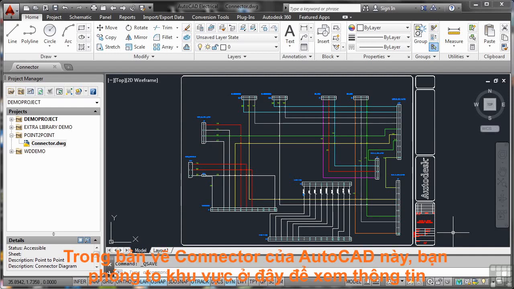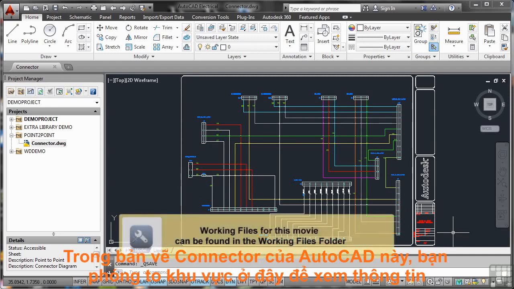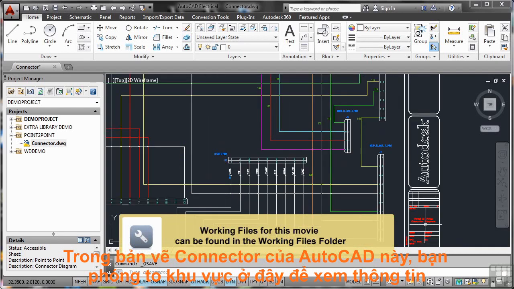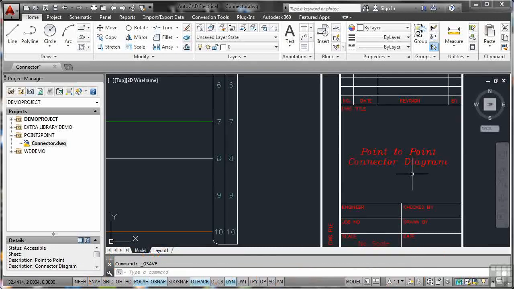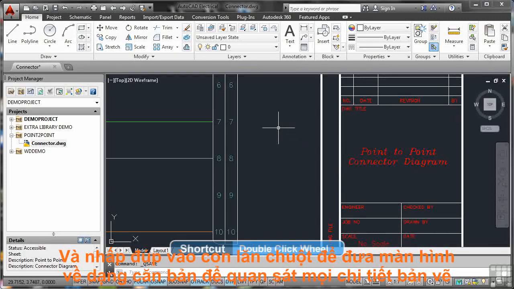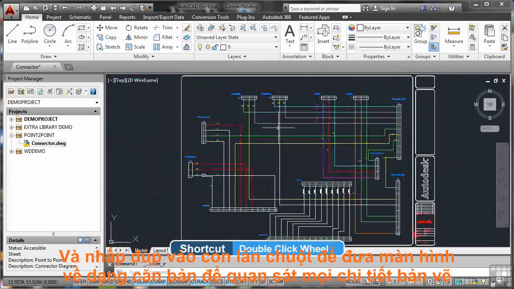We're now in a typical connector drawing in AutoCAD Electrical. If we just zoom in on the title block there, you'll see it's just a point-to-point connector diagram. Now what this shows, I'll just double click on the wheel there to zoom extent, is all of the connectors